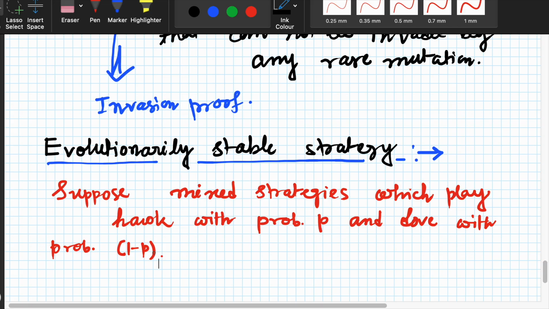With probability p it will escalate the fight, and with probability 1 minus p it will remain dormant or retreat in a fight when the other escalates. This means dove strategy, and these probabilities p and 1 minus p are determined by birth,